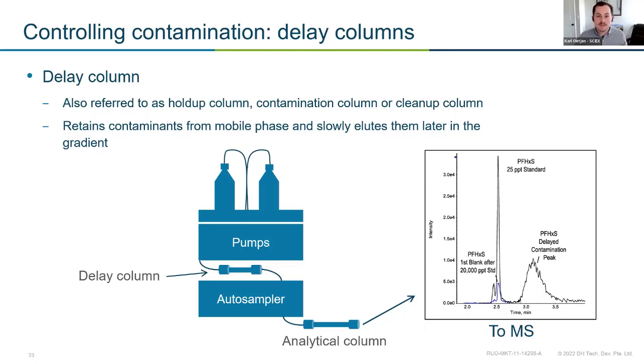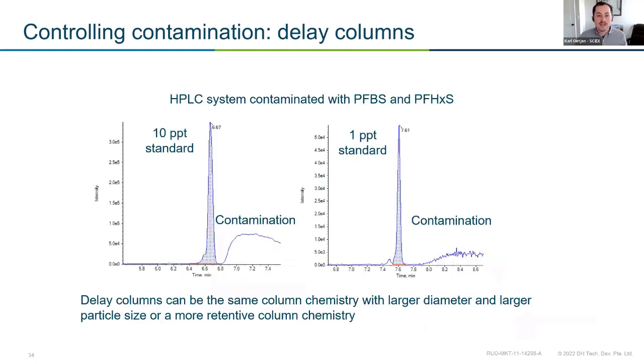So what the delay column is doing is it's allowing the contamination to first build up on that delay column. It has to then travel through the delay column before ever making it to the analytical column. So it's holding up or delaying what your contaminant might be. So here's an example. We have our peak of interest, a PFBS peak, for example, and that giant nasty hump that's eluting right after our nice peak would be our contamination. So you could imagine, if we weren't using a delay column, that PFBS peak would be right on top of our contamination peak,